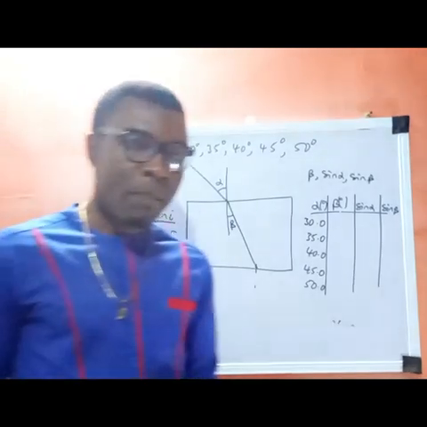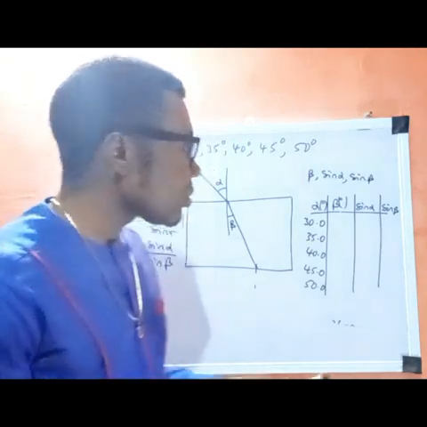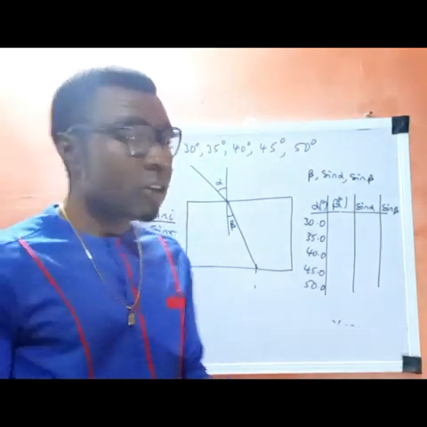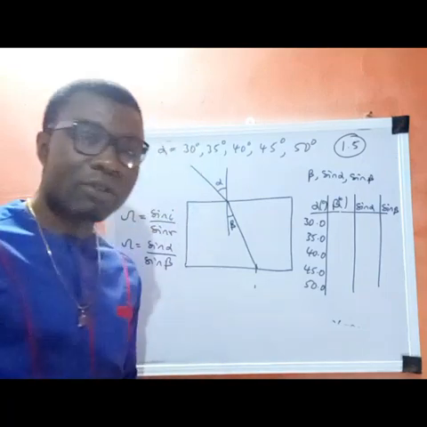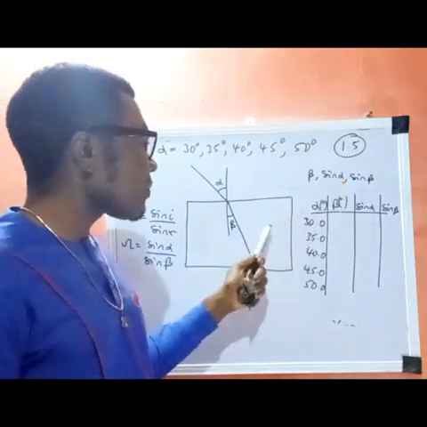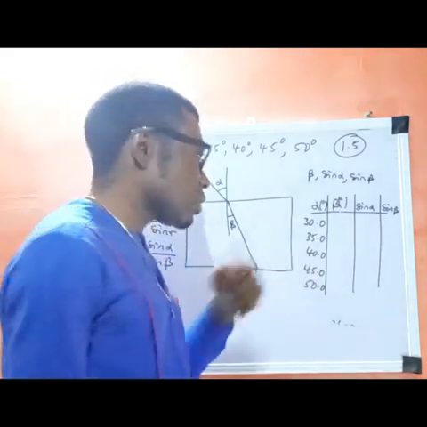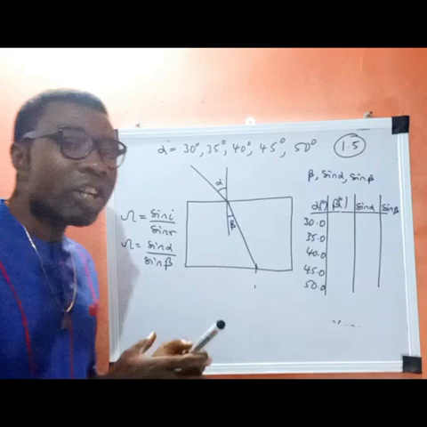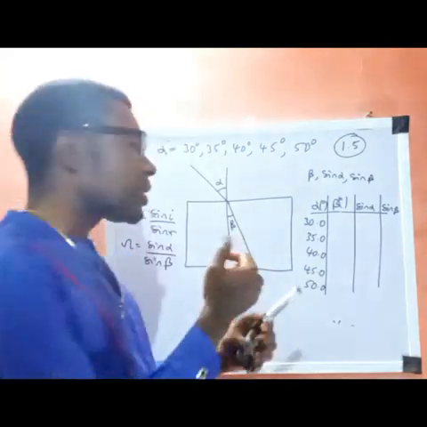Now the truth is this: in most cases, the refractive index of the glass we use in WAEC is usually between 1.45 and 1.55. So I will always advise you to know the refractive index of the glass you use in your own school. So if I am using 1.5 as the refractive index of the glass we use in this school that we are using as a model, and then we are asked to produce this, I don't need to go to any lab. I don't need to begin to trace, put pins here, look there,